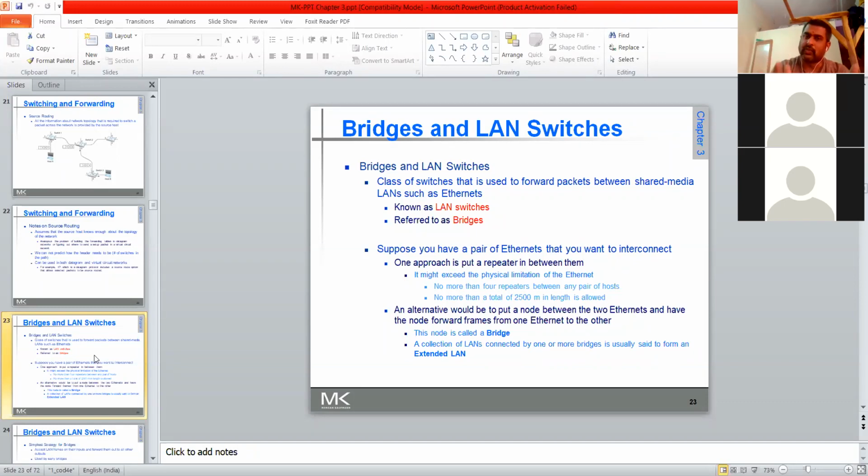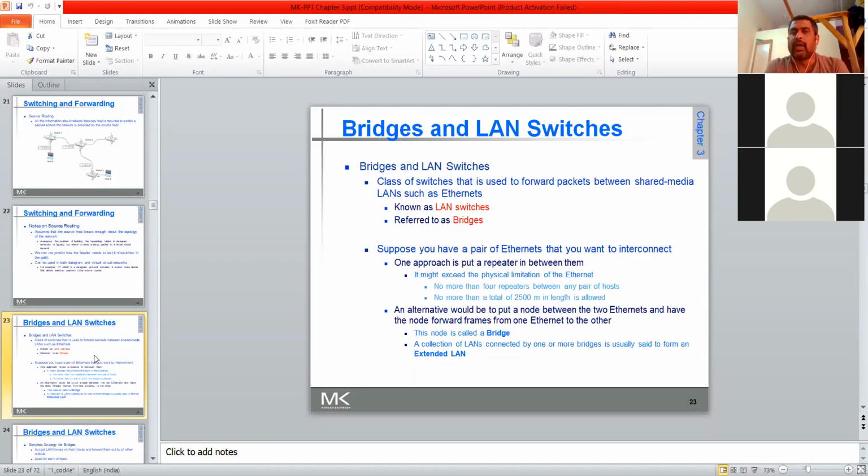It means that whatever LAN switch is between one Ethernet LAN and another Ethernet LAN, we call it a LAN switch, that is a manageable switch. In the commercial market, ordinary routers, even though we call them that, we will also call them bridges. In the network layer, the bridges and LAN switches are referred to almost all as routers. Now suppose you have a pair of Ethernets that you want to interconnect, meaning one LAN and two LANs which we want to interconnect.